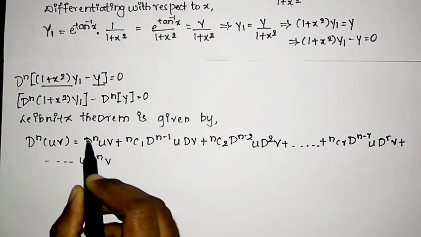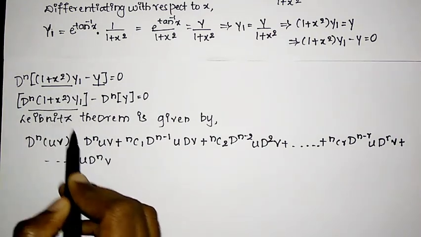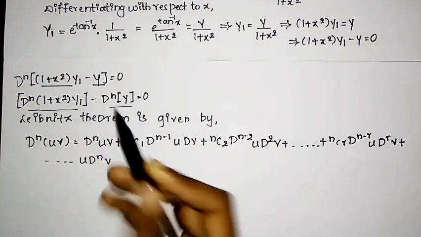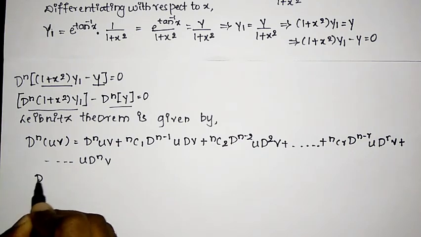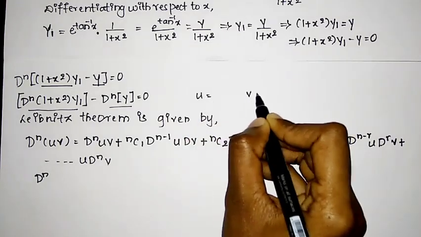Now we shall write this equation in this form. First we shall apply the Leibniz theorem for this separately and then for this next. First the d raised to n, we need to take u is equal to